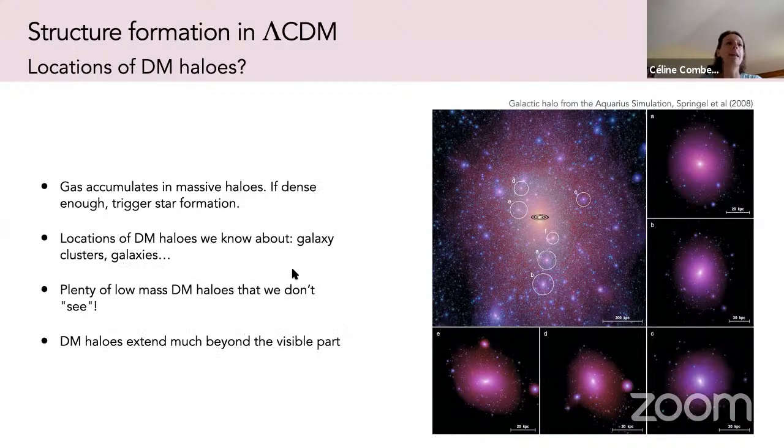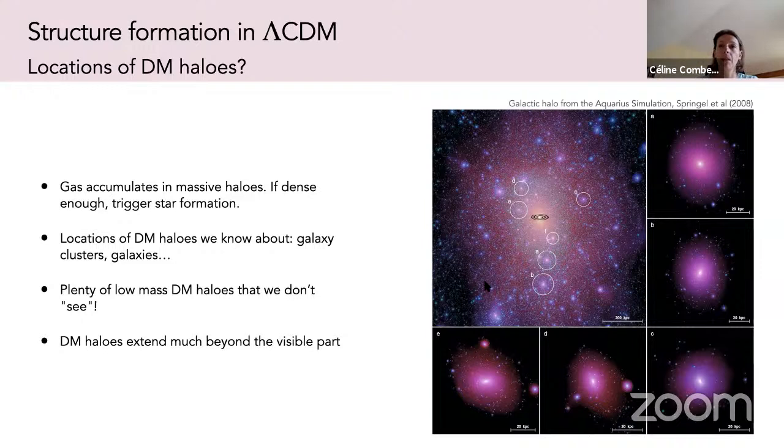Okay, so last thing: where are those halos? Well, there are some we can see because the most massive ones will have accumulated gas. Star formation will have been triggered, and these are what we see today as galaxies in galaxy clusters or dwarf spheroidal galaxies. So some of them we know the location of, and we can directly point our telescope towards them. However, from this picture, I have halos going potentially all the way down to 10 to the minus